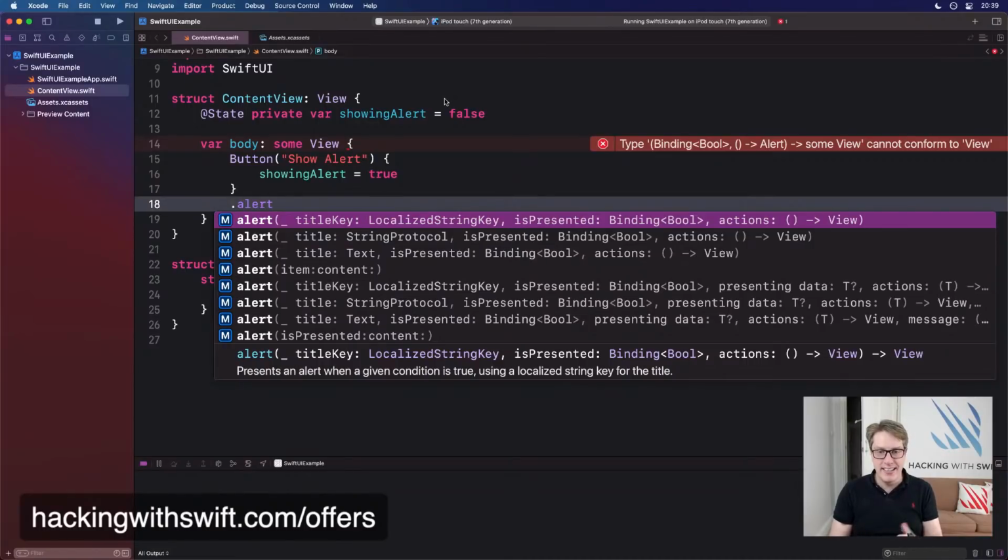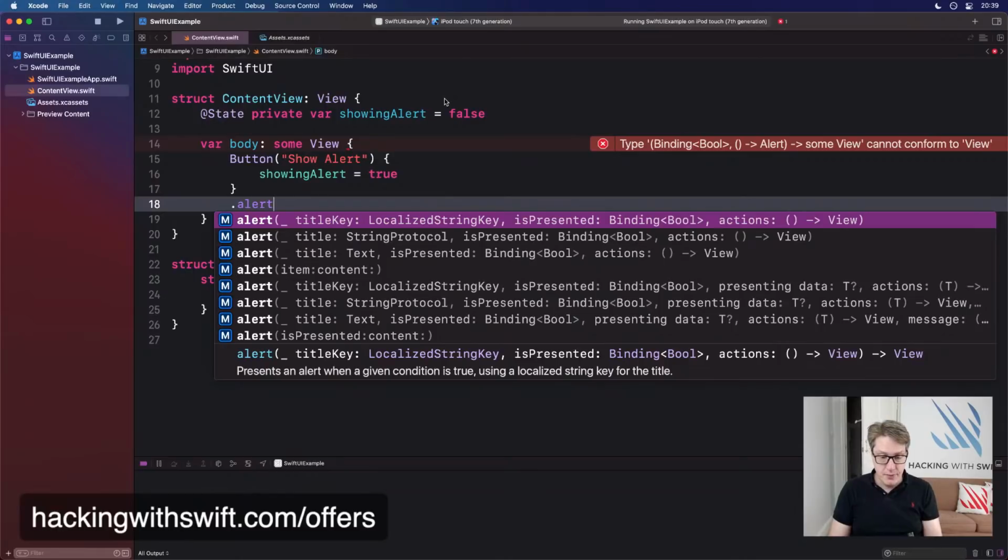You can now say directly in here, what are you trying to do? And you can see title is there as a localized string key, a binding for a Boolean if it's presented or not, plus our actions. What actions do you want to have in there? And these are regular buttons. That's the power of this new way of doing stuff. There's no more alert button and action sheet button, just regular SwiftUI buttons everywhere with that role, so it knows how to color them successfully and handle them on the screen.